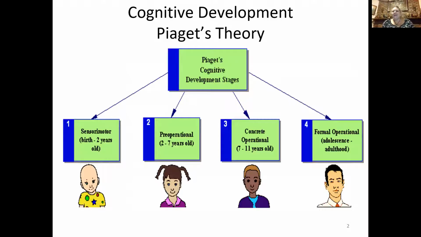The first theory we're going to talk about is Piaget's cognitive theory of development. We have talked about it briefly before. This is a diagram here of the different stages of the theory. We start off with our sensorimotor period from birth to 2 years old. Next, we have our pre-operational, which is 2 to 7 years old. This is the period that we're looking at here in early childhood. We have concrete operational from 7 to 11 years old, and then formal operations, which is adolescence to adulthood. So this is just a little overview of Piaget's theory of cognitive development.